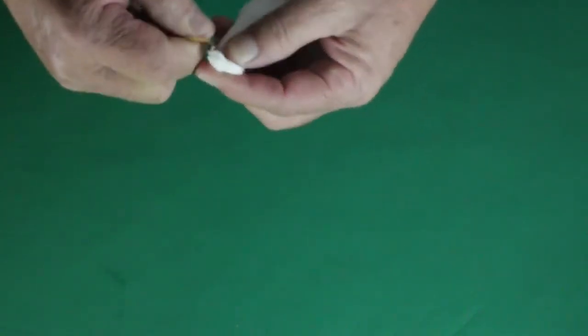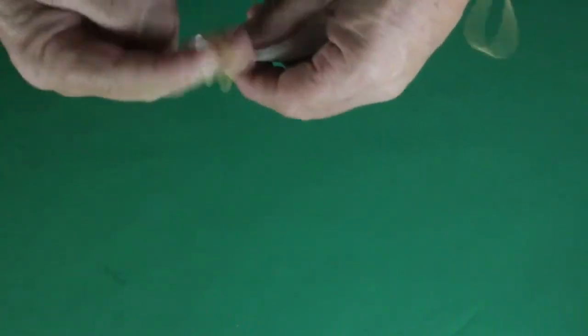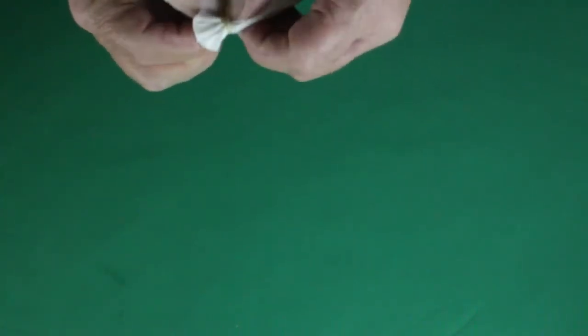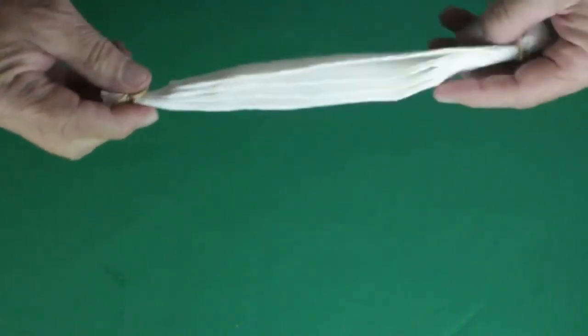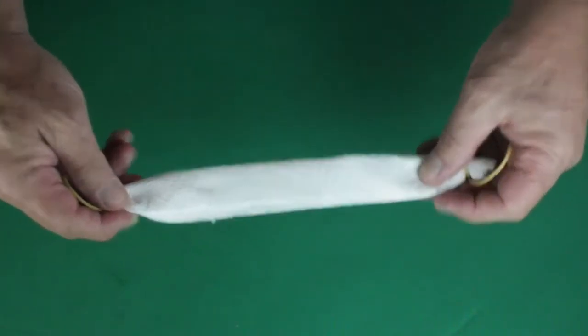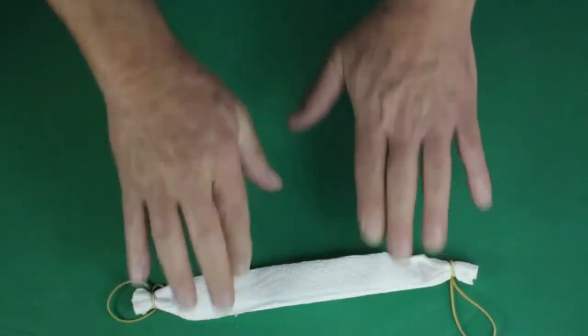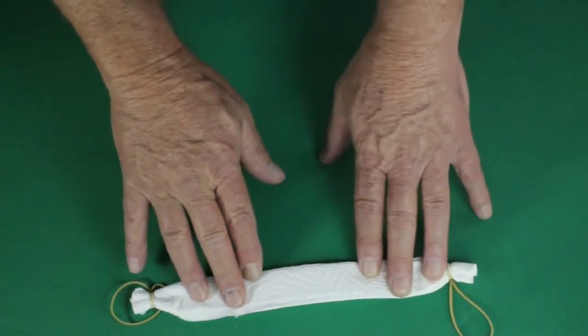And that's it. And there you have a quick 3-minute surgical face mask. Very easy to make, very easy stuff to get a hold of at the shops. Just some paper towels and some elastics. You can put these in your bag, in your pocket, if you're going somewhere out in public, just to be